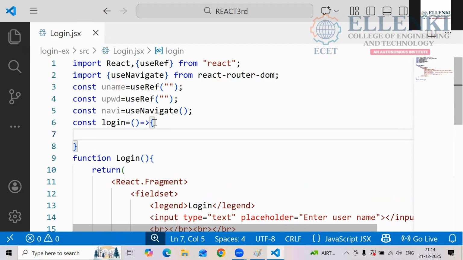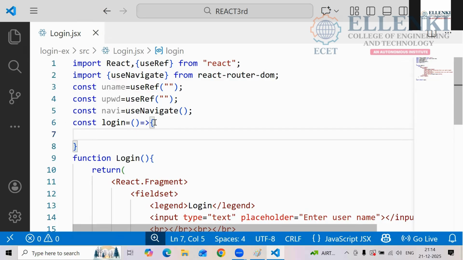If the login credentials are successful, then it has to redirect to the dashboard page. If the login credentials are unsuccessful, then it has to move to the error page, either this page or this page. How are you going to write it? You have two options. Which one can you use here? Think about this one. If the condition is successful, you choose the first option. If the credentials are wrong, you choose the second statement, which is conditional rendering. You already know conditional rendering.